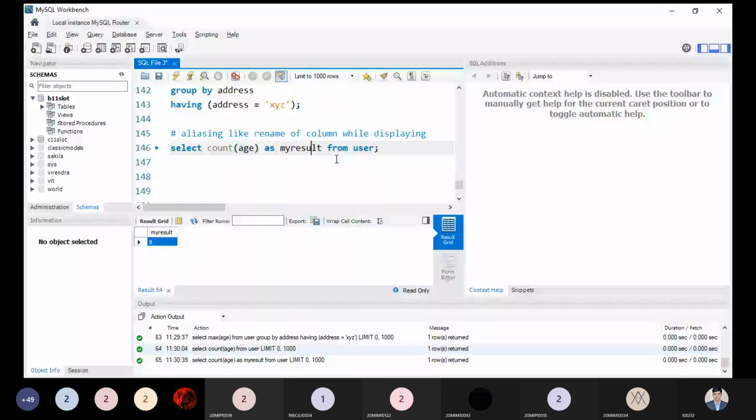Aliasing is applicable where we are using a nickname of the particular column for display purposes only, but internally it will not change anything. We are not renaming the column with an actual change. We are not using a DDL statement. Here we are using the data query language just to display the information. Okay, this is the point.